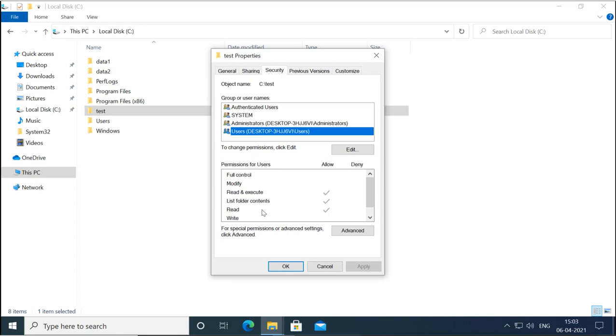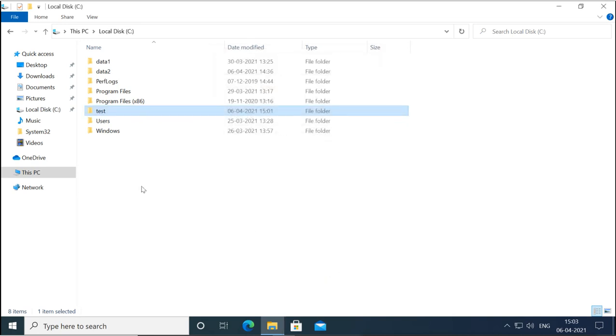Now we just created this folder, we have not given any permission to this folder. So where are these permissions coming from? Basically these permissions are coming from the root folder, because it is inheriting the permissions. Now you will see the same permissions on the files inside the directory also.